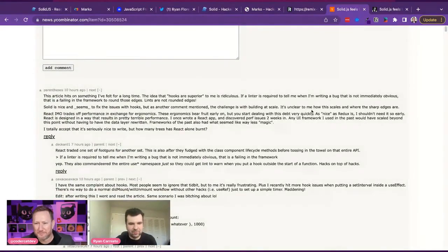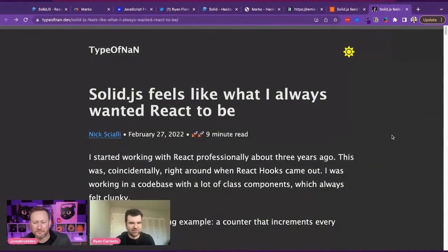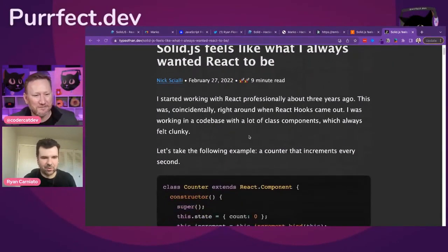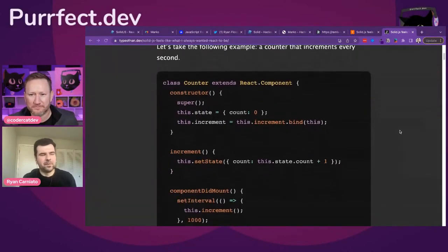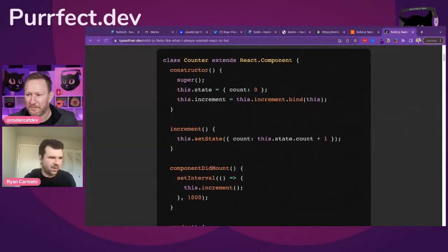But there's a lot of neutral stuff. There's a few negative ones, but a lot of positive stuff too. This is a big shift. There's always going to be like 30% of the comments that have nothing to do with the article, where someone's arguing about hooks or arguing about how they like Java, or vanilla JS. You can make it like a bingo scorecard to check off the type of comments you get. But on the whole, people are pointing out that the ecosystem is not as big, and people are talking about real issues and real things as a result of this article, which made me excited, because in the past in Hacker News, it's been more of